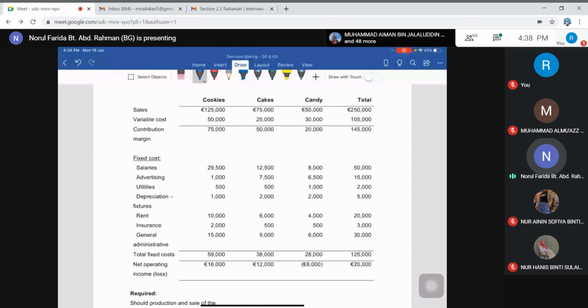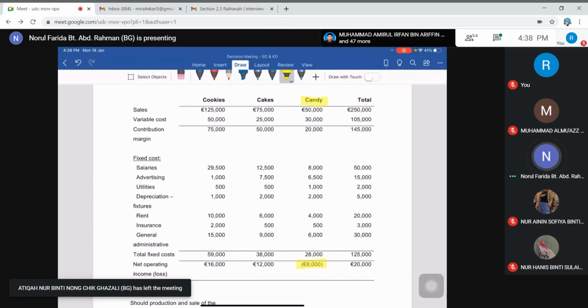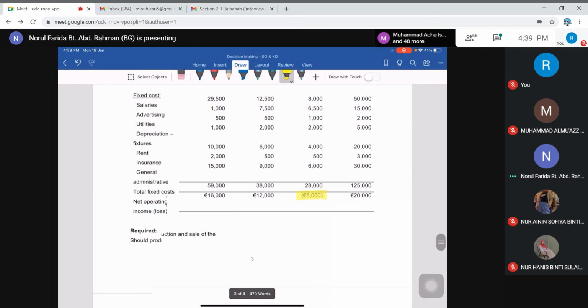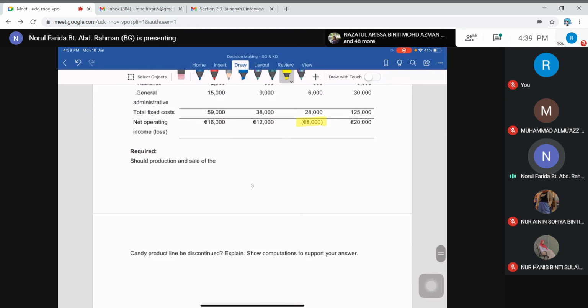Okay, so from this example, you can see that candy is giving a loss, producing a loss of 8,000. Okay, whereas your cookies and cakes, okay, you have no problem lah. Both of them are gaining profit of 16,000 and 12,000. Okay, profit tak ada masalah, lantaklah pergilah dia. Sekarang ni yang menjadi masalah yang memeningkan kepala otak you adalah candy ni sekarang dia adalah rugi. Okay, rugi of 8,000. So when this happens, okay, should production and sale of the candy product